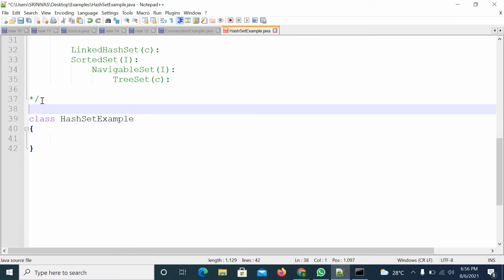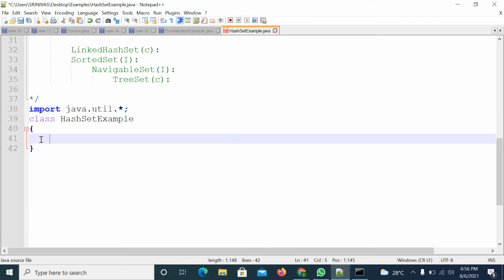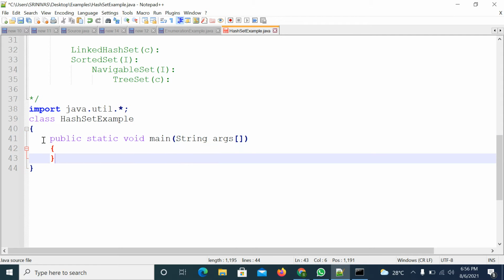These classes are available in the util package, so import java.util.*. You can write a main method with String arguments.